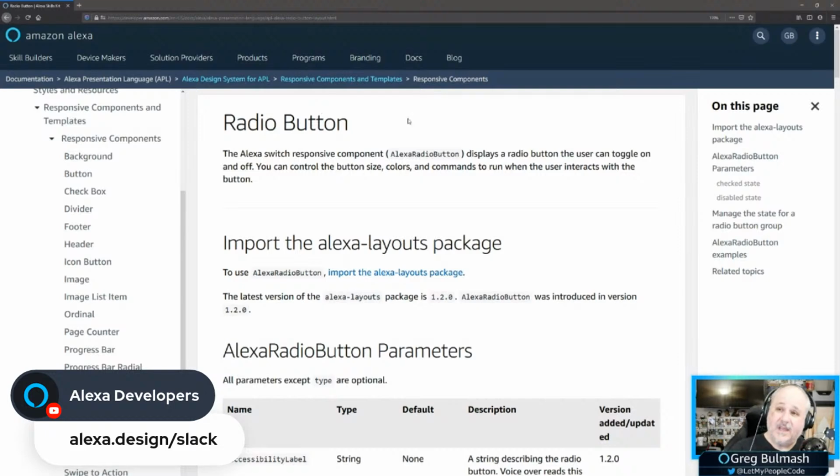And for one thing, we have a number of responsive components to help you create responsive designs so your templates will fit multiple screens without a lot of fiddling, to make it easier so you're not having to redesign your APL page for every single screen. And a number of these components are like form elements, different things. So we're going to do get to know a radio button today, and we'll work with that code sample that's on this page.